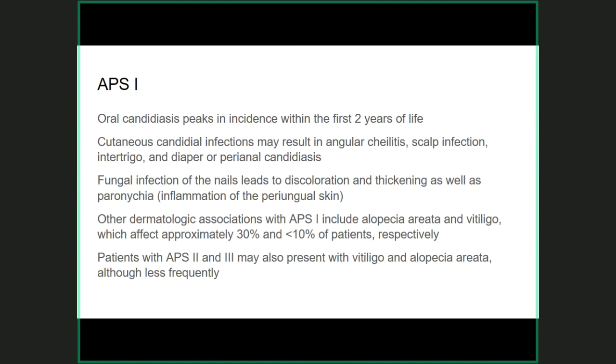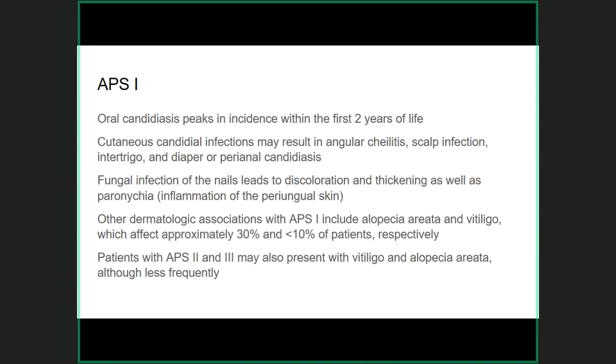These can result in angular cheilitis, scalp infections, intertrigo, diaper rashes, perianal rashes, fungal infection of the nail beds, like you saw earlier, with discoloration, thickening, and paronychia, which is the inflammation of the nail bed. You can have other associated dermatological conditions with APS, which could be alopecia areata, which is localized